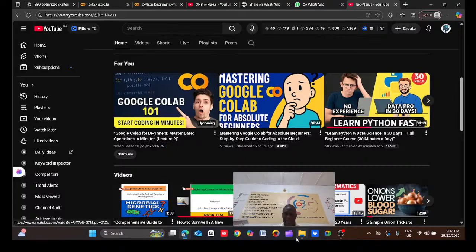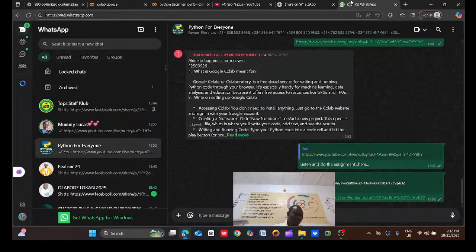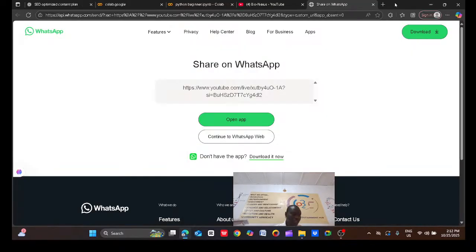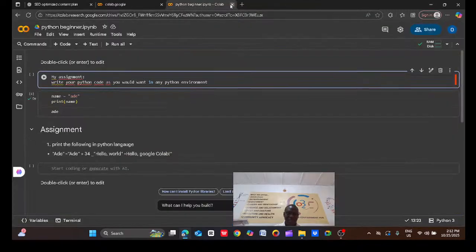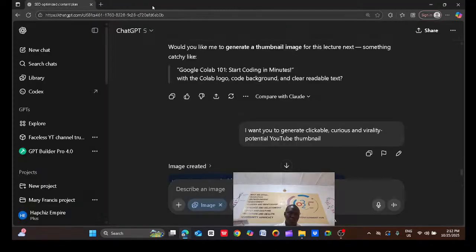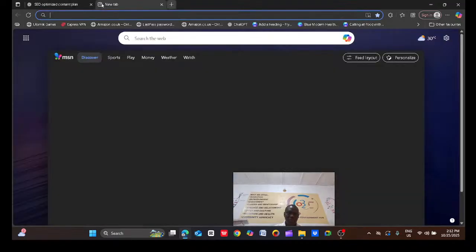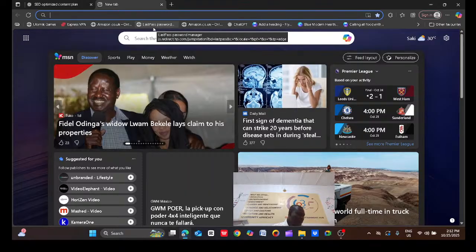Don't forget that the first lecture was actually centered on a lot of things. We looked at the Python environment in the form of a Google Colab environment, and what we actually mean by Google Colab.